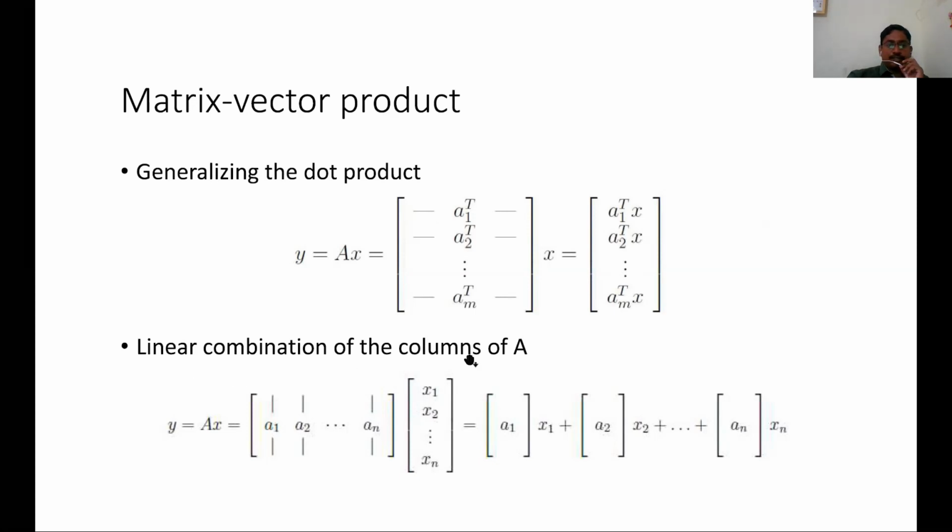We can also say it is a linear combination of the columns of A: the first column into X1 plus the second column into X2 and so on, the nth column into Xn. You need to decide whether the system is linearly dependent or independent, whether the given set of vectors is a basis or not. You need to find the dimension. For that purpose, first write the matrix in this form, and you can use this command to solve the system. To solve linear systems, we have an inbuilt MATLAB command.